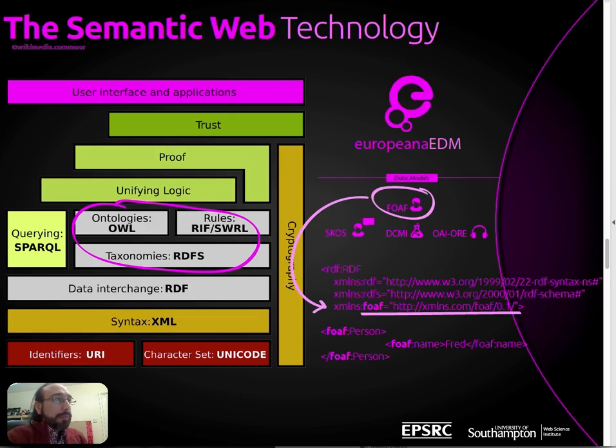So in the case of Europeana, it combines a different range of ontologies. This way they're able to describe these different relationships of people, of collections, of organizations. So they use Friend of a Friend to describe perhaps the relationship of authors. That way when you have a describer of a creator, you can also